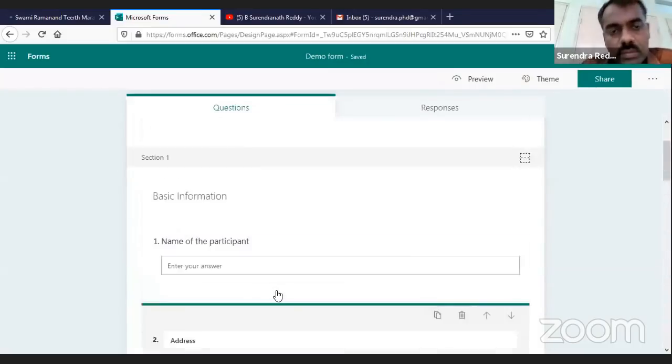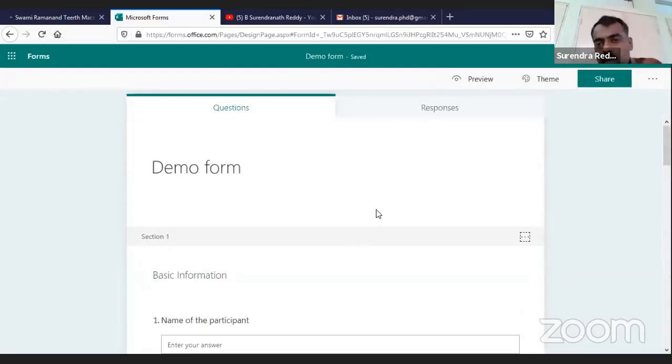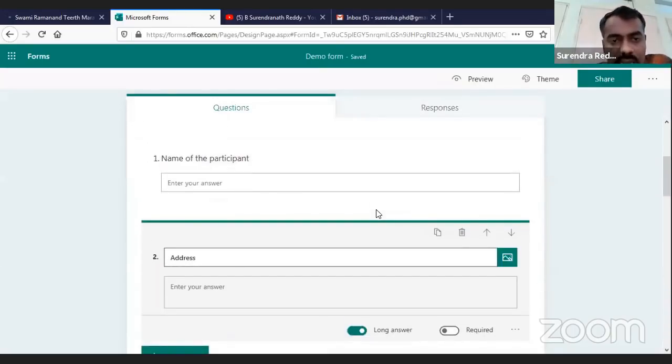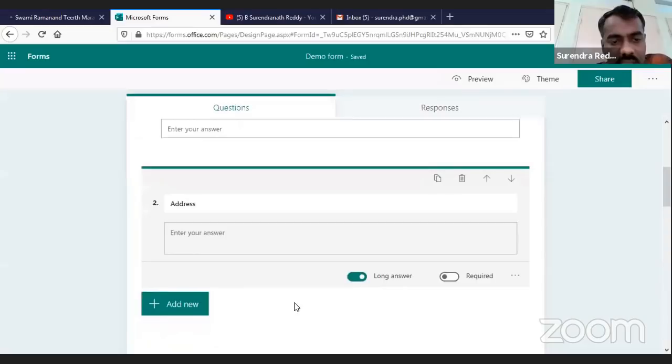Right. Now I will tell you one question which is interesting, which is not available directly. I am saying not directly. This is called branching. This branching will be very, very useful. Depending on the answer of that question, we can decide whether he can submit or he can go further, right? So let me add some question and tell here.